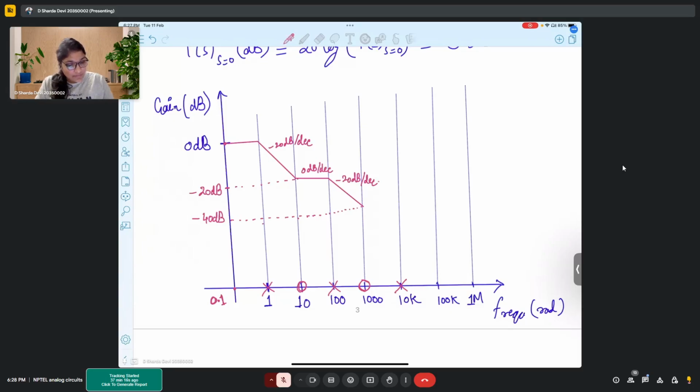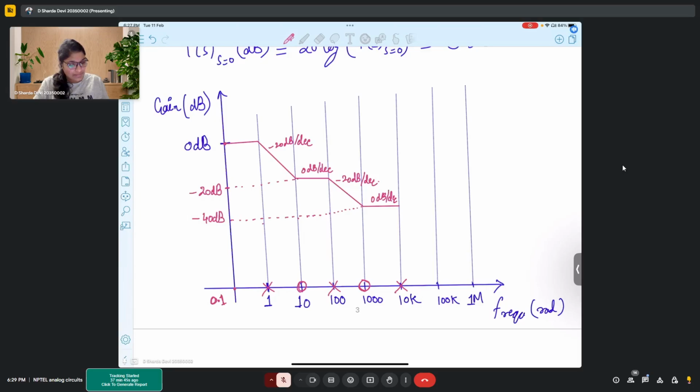Okay, so now again see at 1000 we have a zero. So since we have one zero, our resultant slope will again become 0 dB per decade, right? It becomes 0 dB per decade because plus and minus 20 cancel. And again, you encounter another pole. So when you encounter another pole,